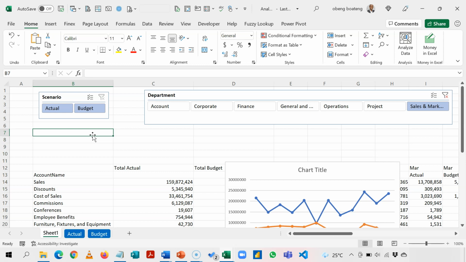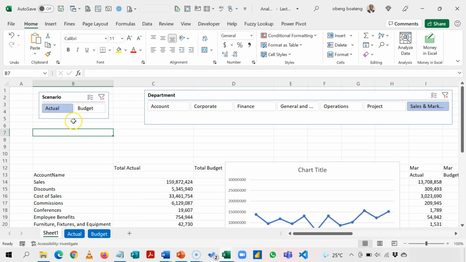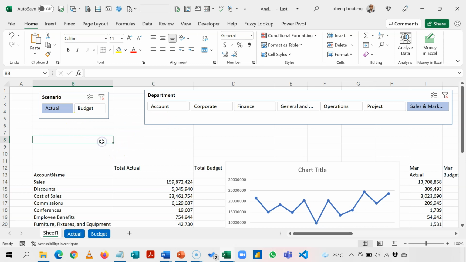So the final calculation in this set is to harvest the selection from our slicers. So if I select actual, I want this in a cell so that I can use it in my calculations. And to do that, we are going to put our label here. So slicer output for scenario,